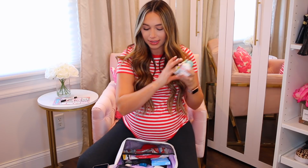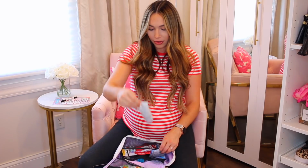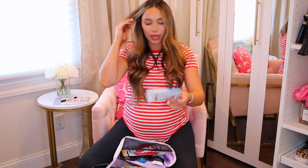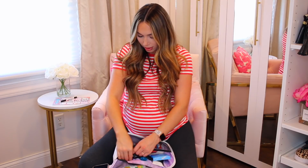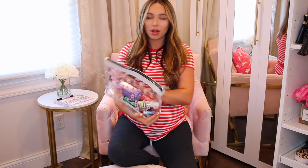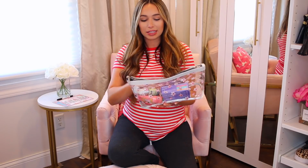I have a deodorant, I have a face scrub, a face lotion, a toothpaste, a mouthwash. There's also a face wash down here. I didn't realize I had face wash already. I'll probably leave that. A makeup remover. It is a micellar water that helps me get off all my makeup. These Pond's wipes, again for taking off my makeup. A dry shampoo. A toothbrush for me and also for Chad. And then a hairbrush. Okay, I've been talking so long I stopped recording, but basically everything in this bag is